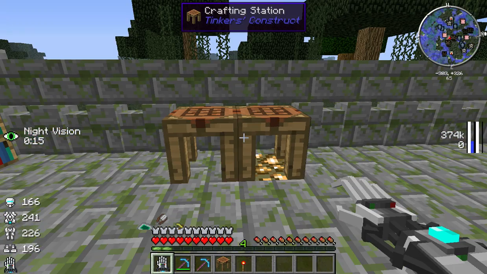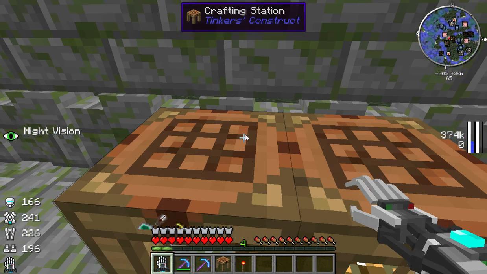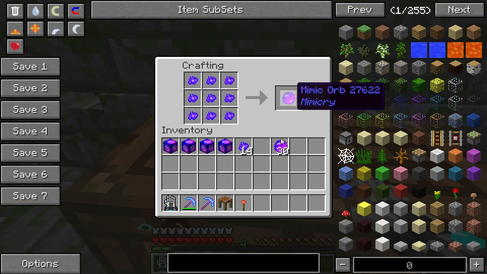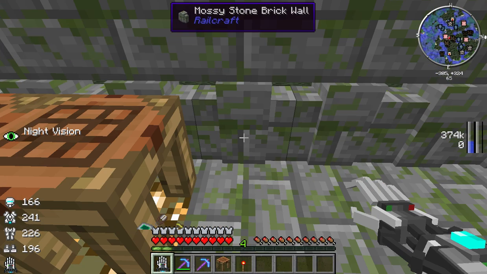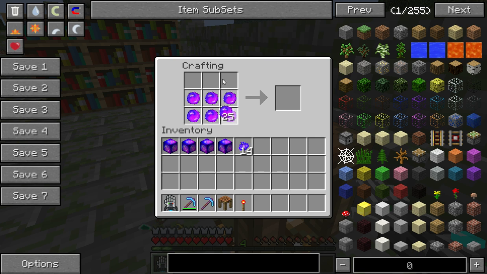Alright, so, I'm going to come over here to this crafting station. And the first thing we're going to look at is how to make these things right here, the mimic orbs. So we're going to go ahead and put 9 mimicite right there, and that'll give us 1 mimic orb. And then what we're going to want to do is I probably could have stayed in the same crafting station, but hey, I live on the edge. So we're gonna put 9 mimic orbs in like that,